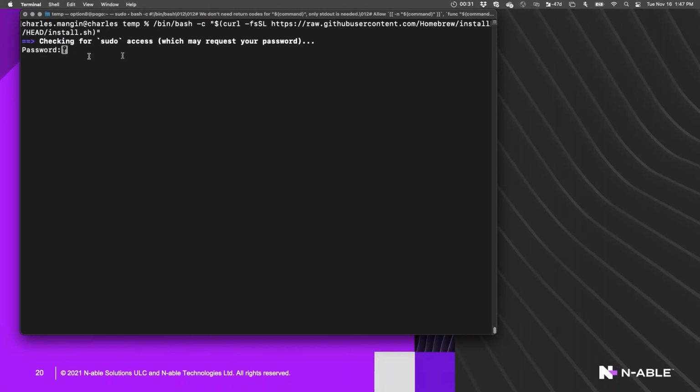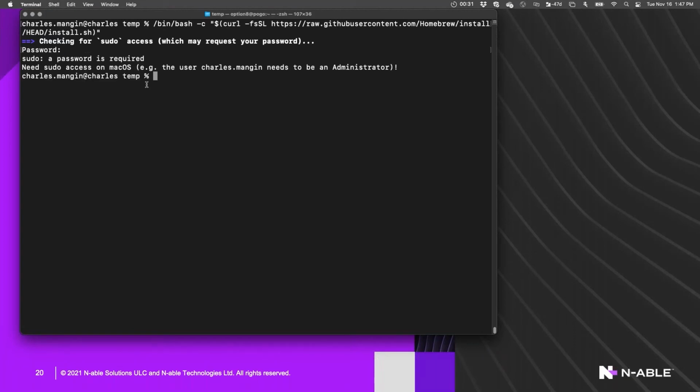And what it does is use curl, which downloads data from a URL, and it is putting this file from this URL, this install.sh, onto your computer, and then it is running it with bash. So when you run this, it will ask for sudo access, which is going to require your admin password. Like I said, I will skip this.